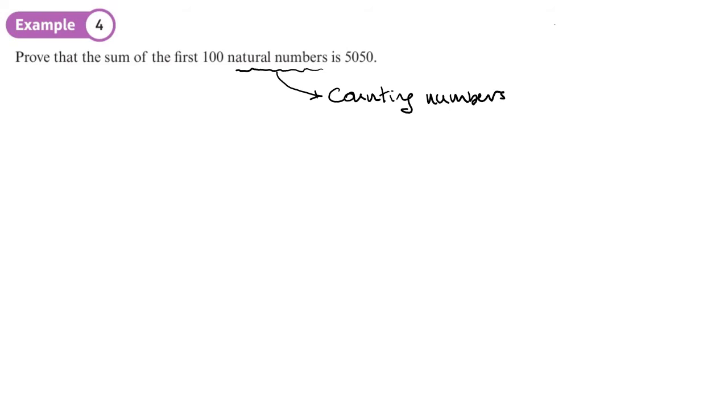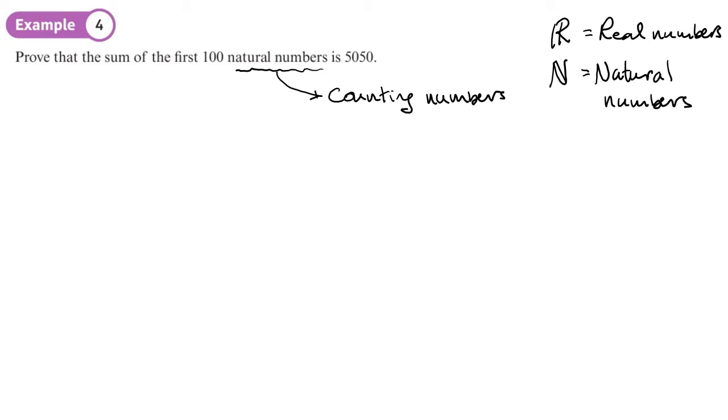Now, just like we use the letter R for real numbers, we use this N for natural numbers. Yeah, so our natural numbers are the counting numbers, so 1, 2, 3, 4, and so on up to N. So if we want to prove that the sum of the first 100 natural numbers is 5,050, I'll just run through that proof that we did